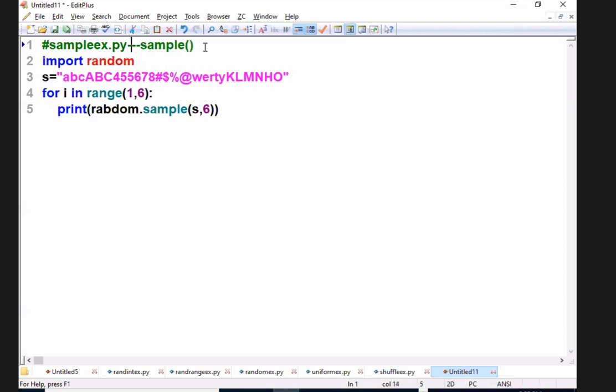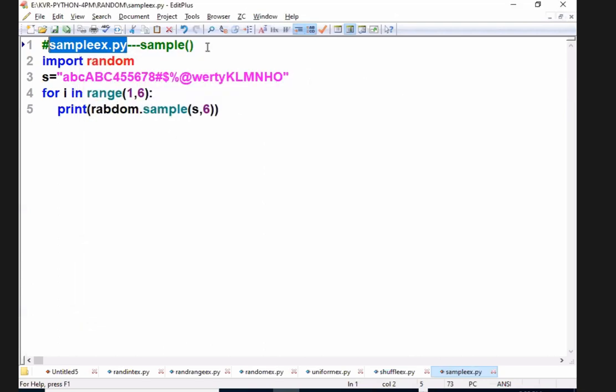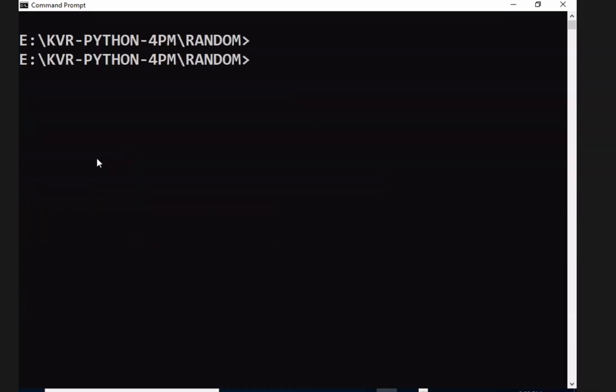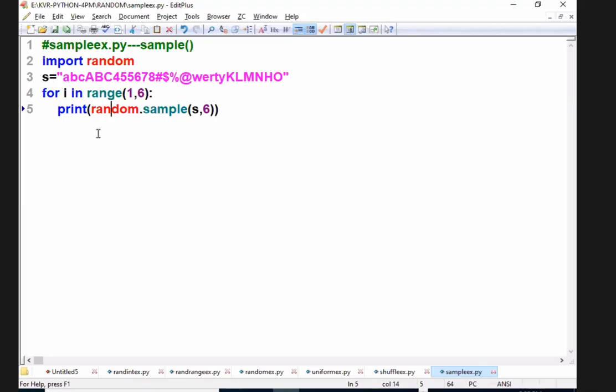Random. How simple it is. Yes, ma'am, I will just write it. One minute. Random. Yeah. Execute. See, students, the file is sample example.py. Understand? Okay. Now, if you want those things